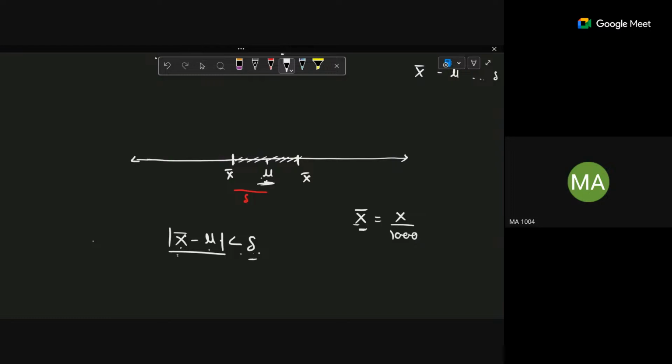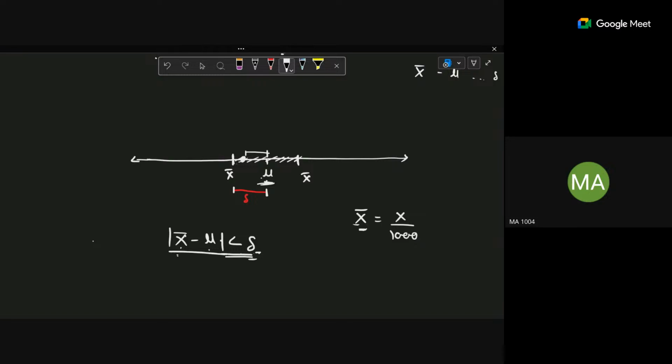Because then only, if I say my x bar is here, then the difference between x bar and mu will be this one, right? And I am defining x bar to mu distance as a delta. So when we are required to get our x bar lying between this range only, at that time we will use this terminology that x bar minus mu should lie between, the difference should be less than delta.